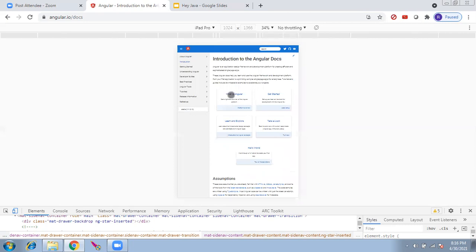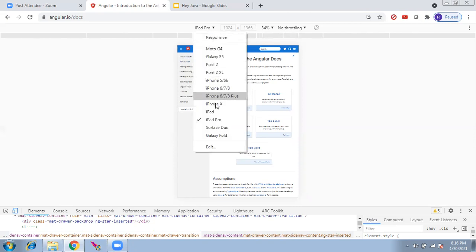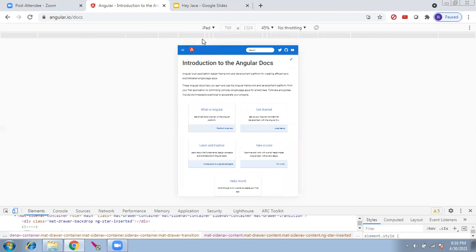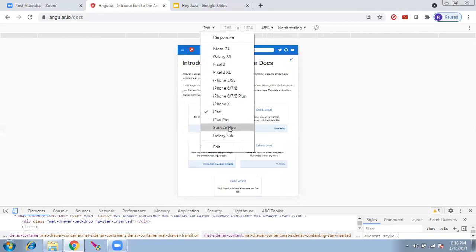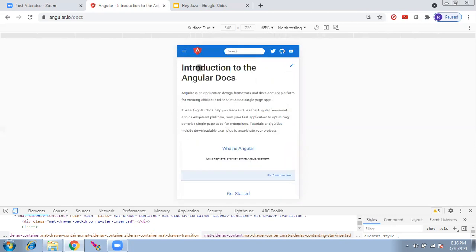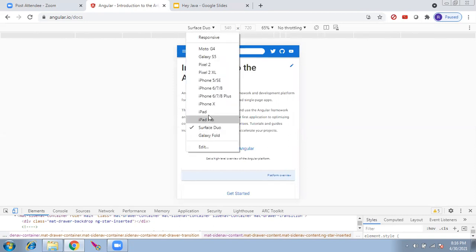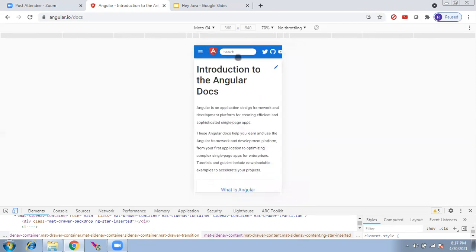With iPad Pro, the menu came. But when I see it in iPad, the menu will not be there. With Surface Duo, it is going to be like this. So these are all the available mobile devices, and for each device, how the website is going to behave.